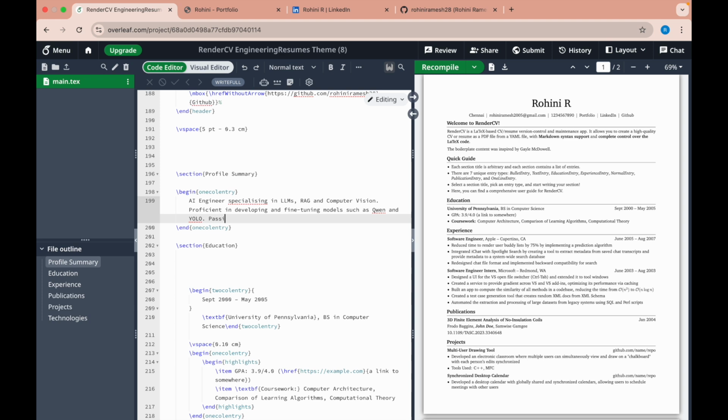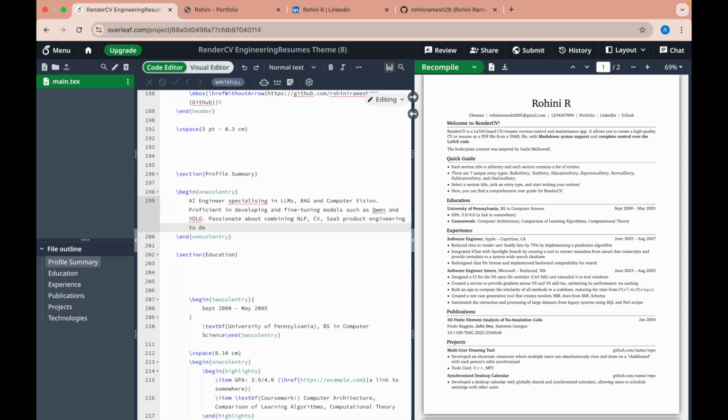Passionate about combining NLP, CV, and SaaS product engineering to deliver scalable